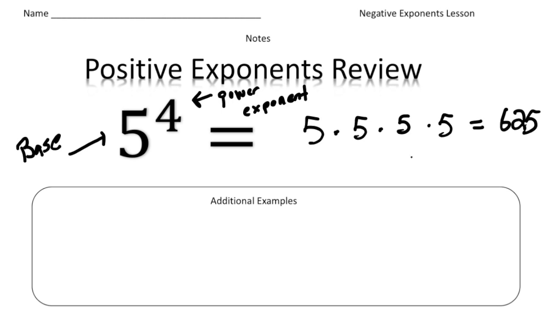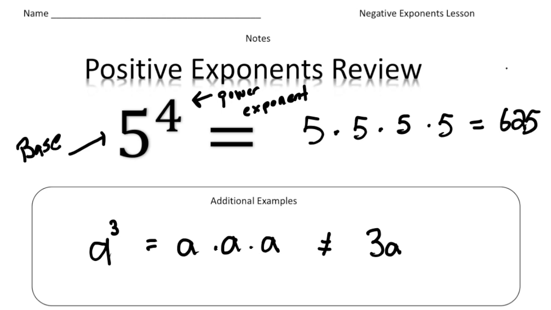Alright, so let's say, for example, we have a to the 3rd power. What that means is a times a times a. A common mistake people make is it does not equal 3 times a. Alright, so if you turn the page,